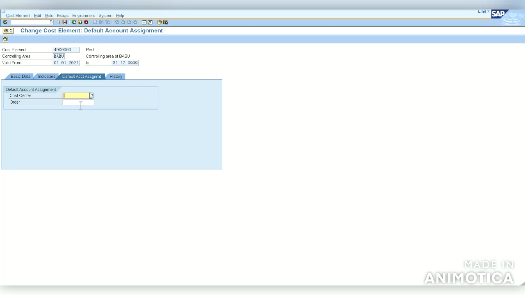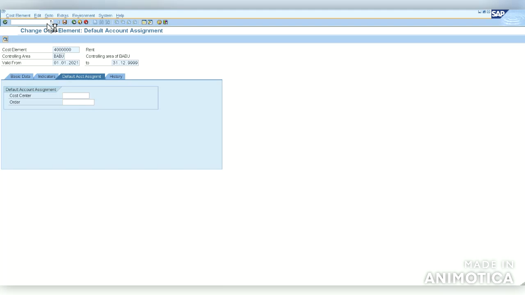As we know, in ECC there are two places. One is here and the other is OKB9. If we see, the same functionality, the same transaction code is available even in S4 HANA.